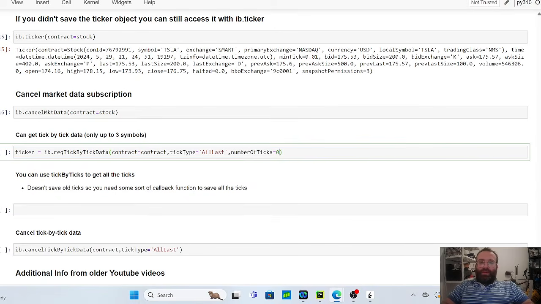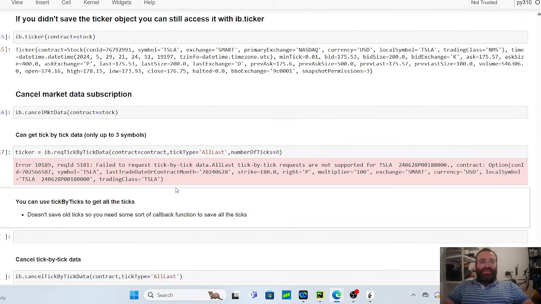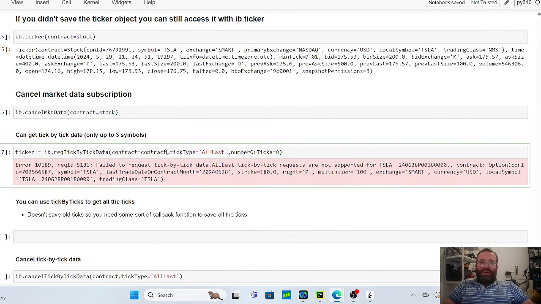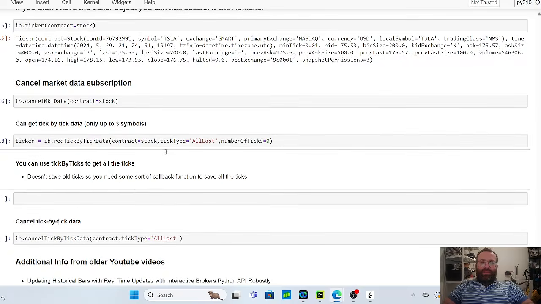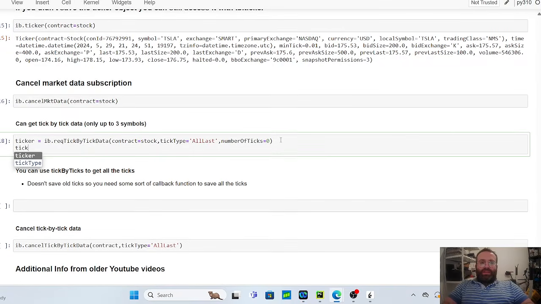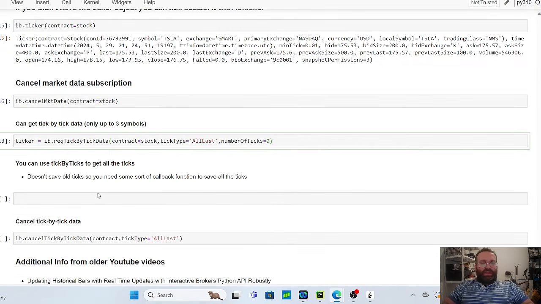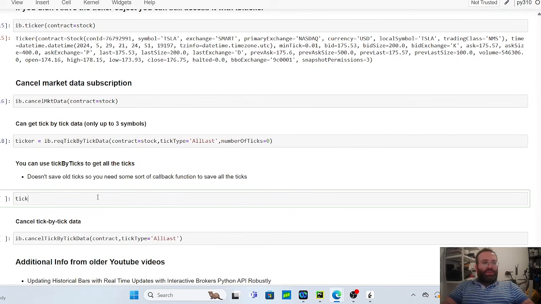I don't remember this thing. I used to know this stuff, but anyways, you do ticker like this. Oh, because my contract is an option. Sorry, so let's do stock. You can do it for options, I think. The market is closed, but you do ticker like this, and you can get the ticks by doing ticker